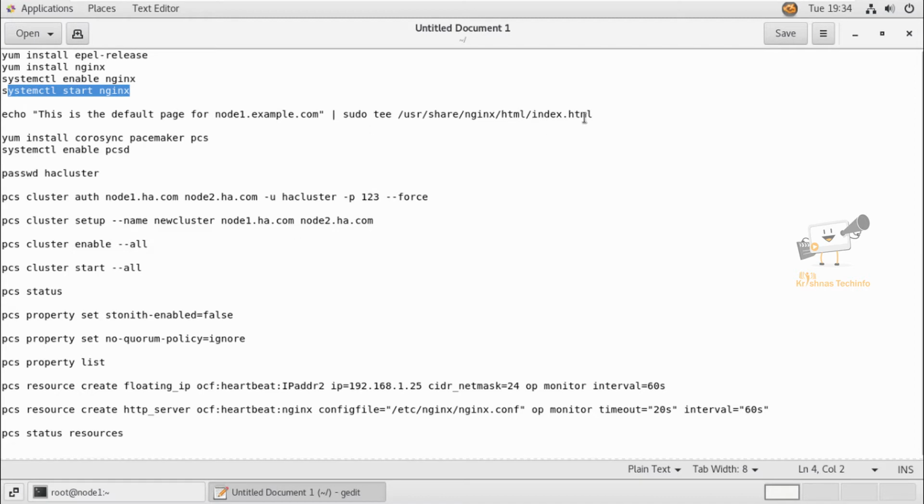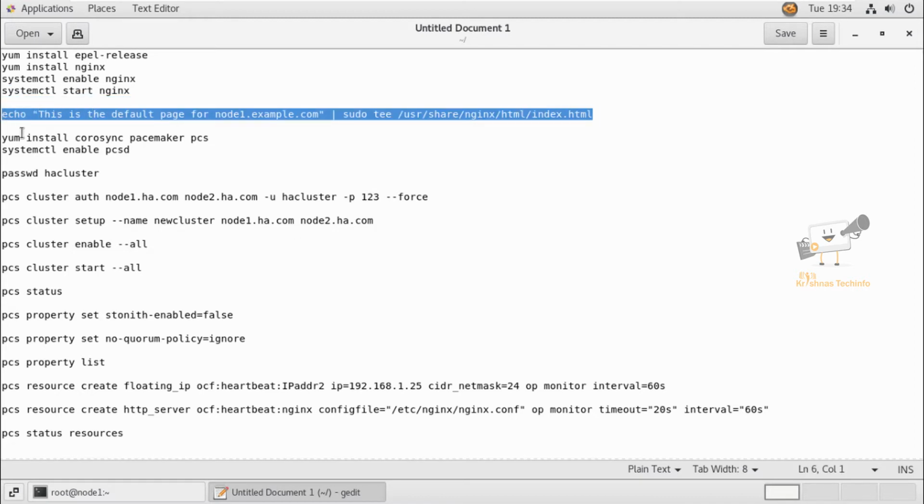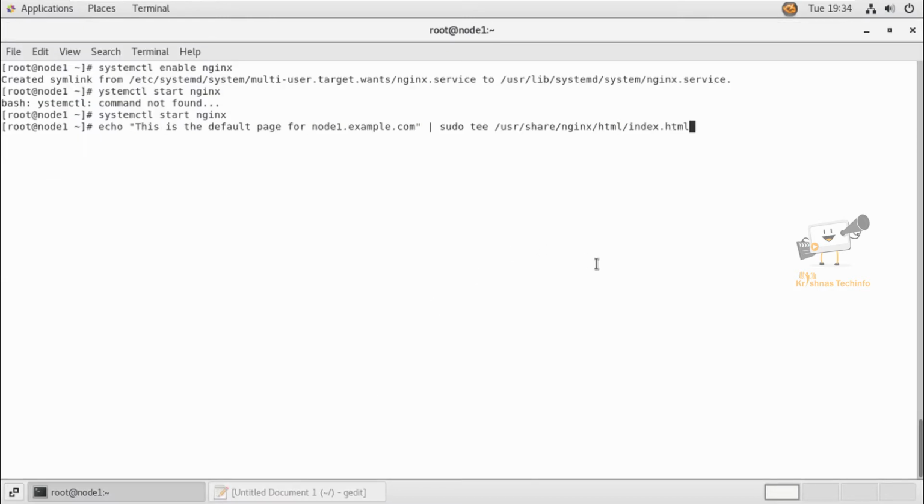Next I'm going to add an index page to this Nginx configuration. I'm going to create a default page for node 1 and add it to the index.html file.